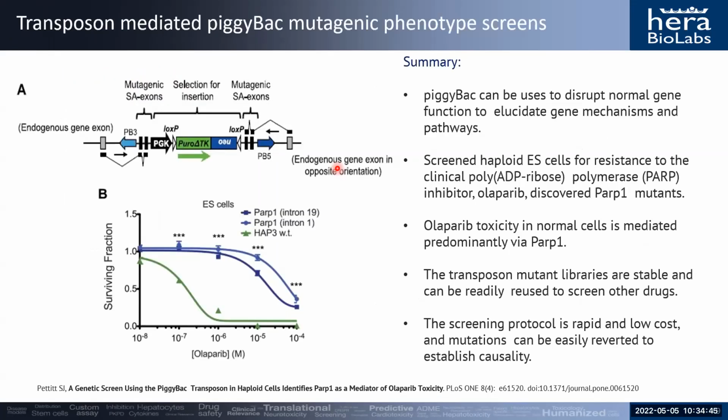So in addition to just being a great platform for stable gene integrations, there's some other applications of PiggyBac that I just wanted to mention. For example, a lot of people are doing genome-wide CRISPR screens. PiggyBac can actually be used to do sort of